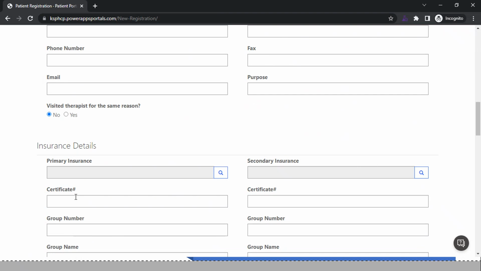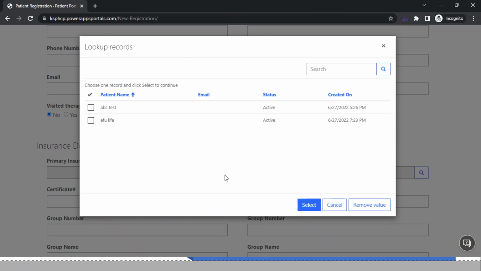Now we have other options, which is the insurance details. For the insurance section, if the person already has insurance policies, whether single or multiple, they can utilize them by selecting from the insurance search account. For now, we have two insurance companies, and they both are active. You can see that. For now, I'm selecting EFU Life Insurance as I have the policy for this particular